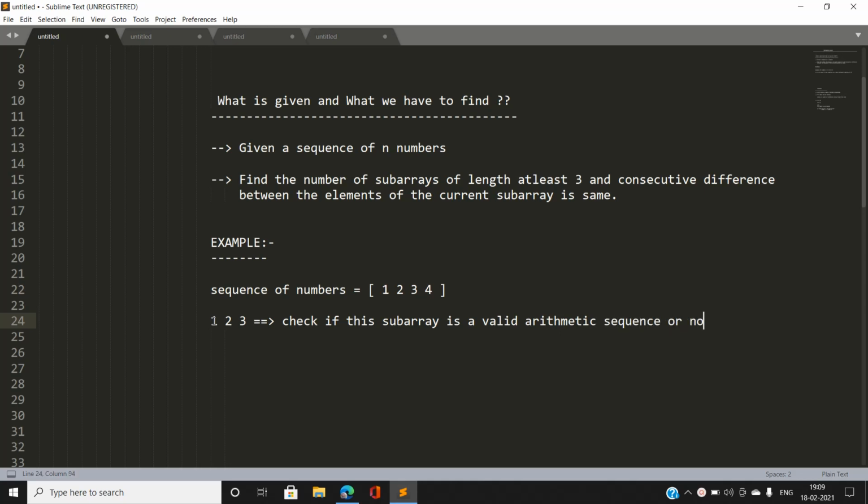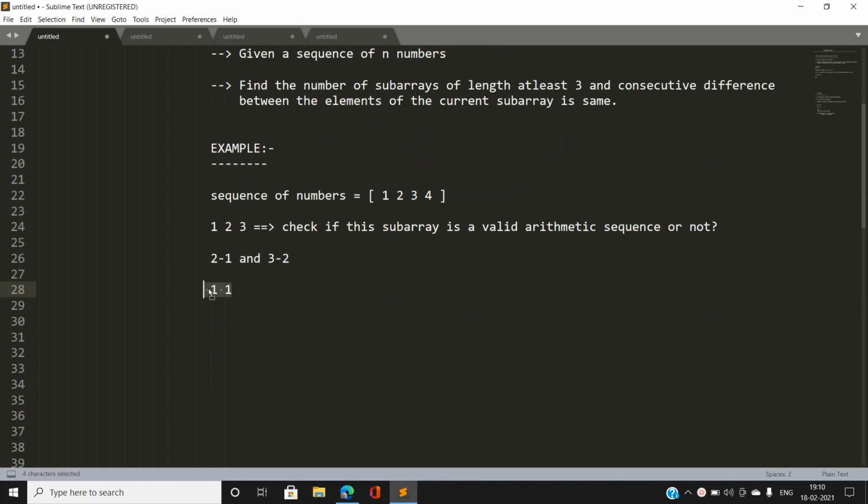How are we going to check this? Let us calculate the adjacent element difference, that is 2 minus 1 and 3 minus 2. If we calculate this, you can find both are coming out to be 1, and these two are exactly the same. So we can claim this is a valid arithmetic sequence.